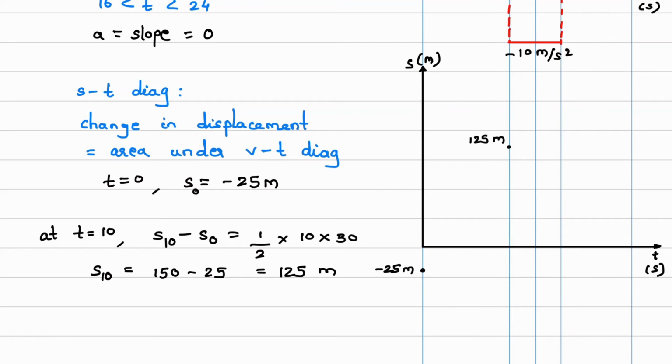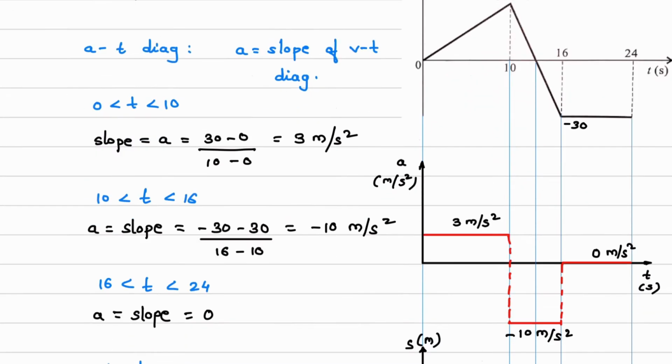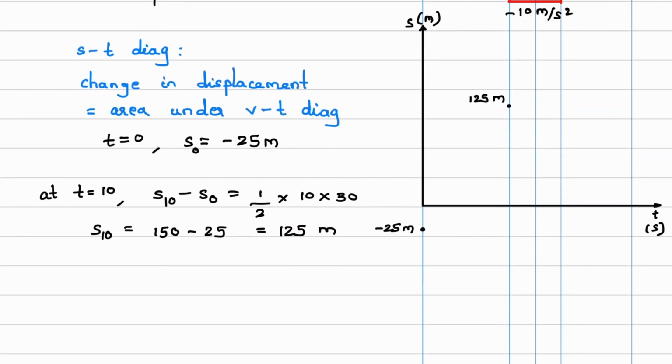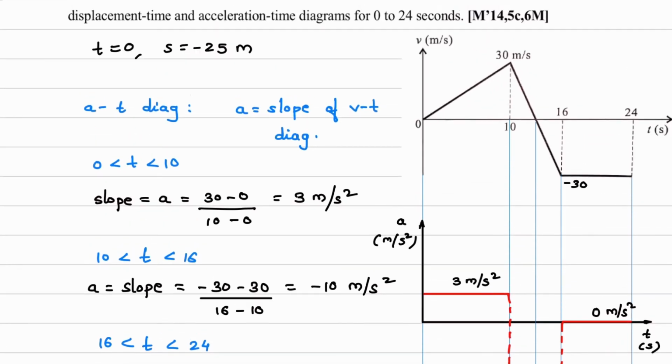Okay, now just see the question. In the question it has been given. Okay, if S is minus 25 meter at T equal to 0, that is why we have taken, when T is 0, this x-axis you can see it is T. So when T is 0, S is minus 25 meter. Next we have marked S is equal to, y-axis is S, remember. So S is 125 meter we have marked. Now next point we will see, we have completed 10 seconds. Okay, next point will be this point.